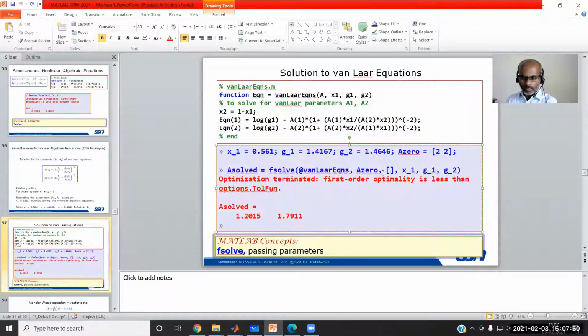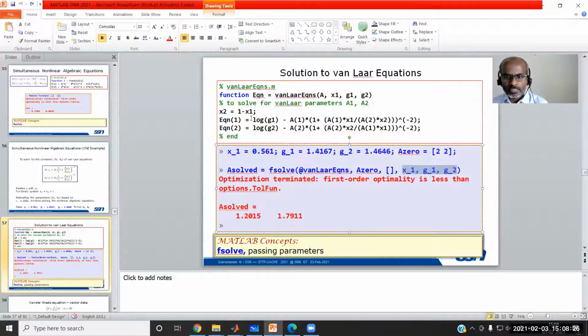Since we are not bothered about the solver criteria, we are leaving it blank. Still, we need to specify it by using empty brackets, so opening and closing of this bracket with no contents inside. That is the third argument to the fsolve. So fsolve normally asks for only 2 mandatory arguments. The third argument should be the contents of solver parameters, and the rest of the things are simply considered as parameters to the original equation.